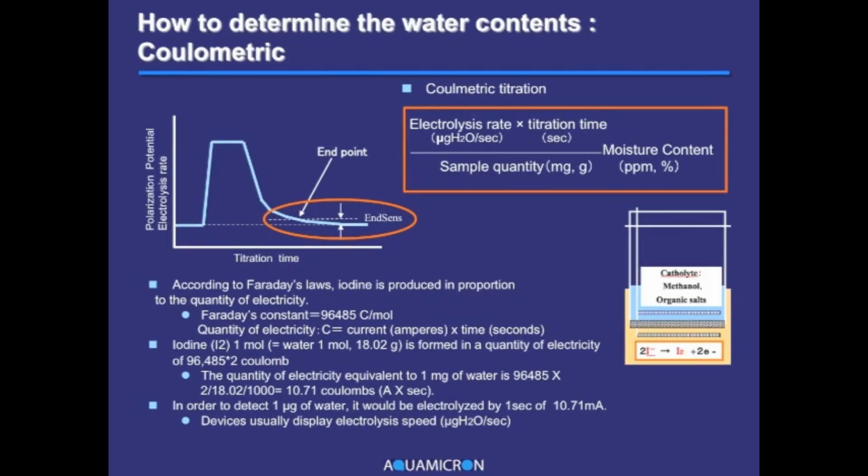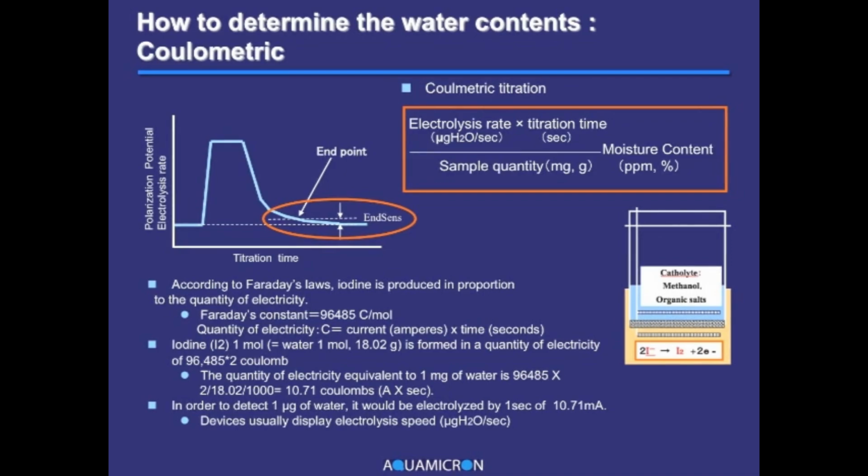The amount of iodine generated by the electrochemical reaction is proportional to the quantity of the electricity and is calculated following Faraday's law. The quantity of the electricity is calculated as the integration value of the elapsed time and the electrical current. 1 mole of iodine, for example, is generated with 192,970 coulombs of electricity, which is double Faraday's constant, 96,485 coulombs per mole. Because 1 mole of iodine corresponds to 1 mole of water in the Karl Fischer reaction,